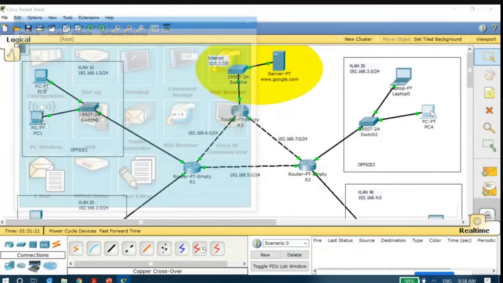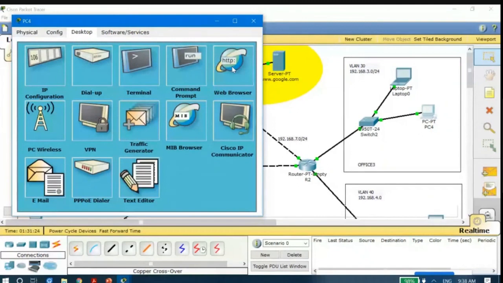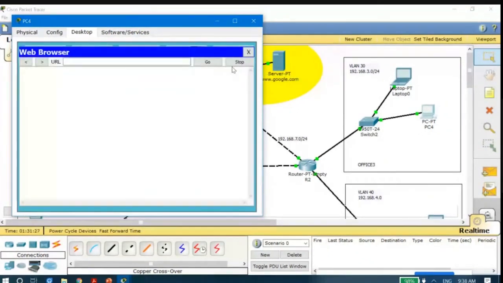Once you click on it, go to your web browser. In the web browser, I will type the address here, that is 10.0.0.2, which is the address of that server. Just press enter. You could see whatever information I had entered is visible here. So I am able to access that HTTP page. This also I have been able to do.